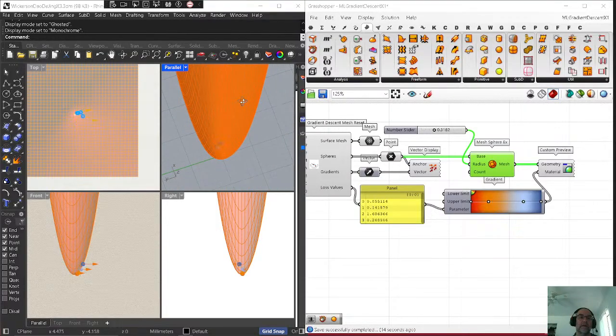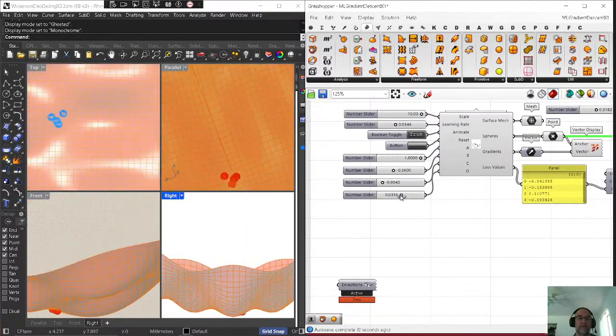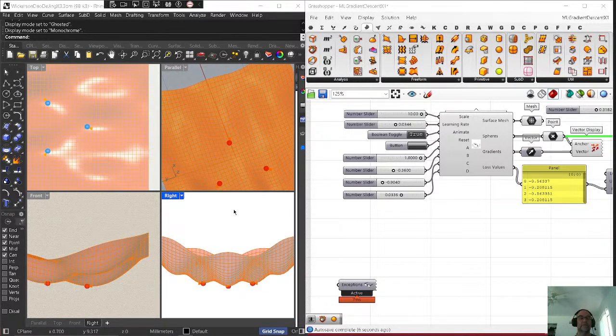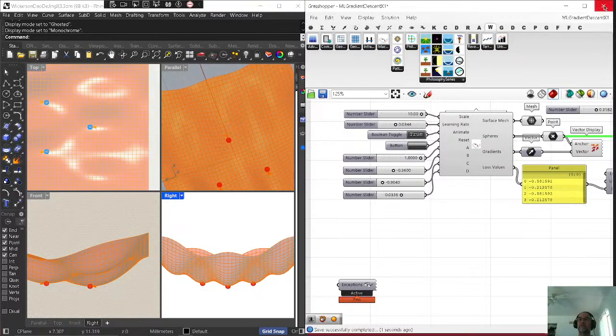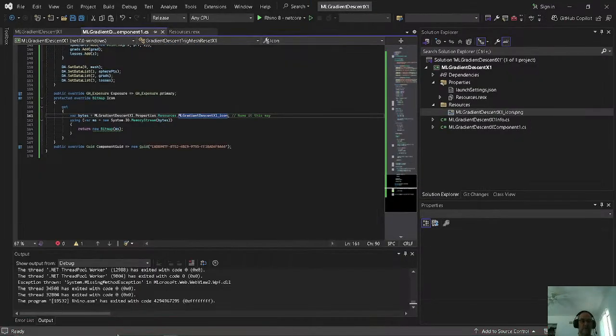Oh, that's what I gotta click to see the color. And then let's just flatten this out so it calms down. Reset it. There we go. Nice, undulating, beautiful forms. That's it. File save. And then the only thing to do is go into here,